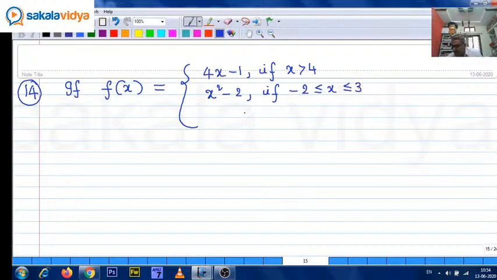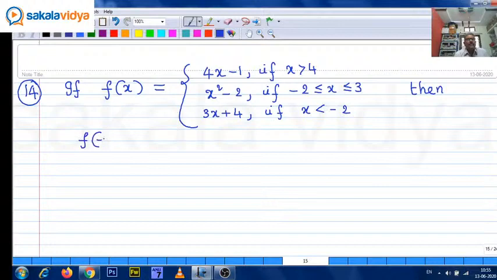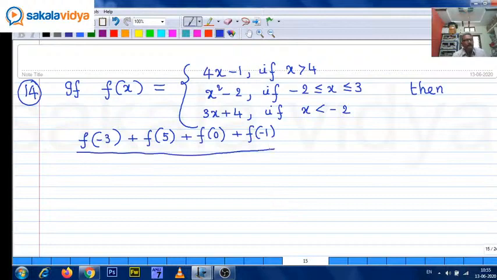These kinds of problems are very important even for board examinations. 3x plus 4 if x less than minus 2, then f of minus 3 plus f of 5 plus f of 0 plus f of minus 1, upon f of minus 2 plus f of 1 plus f of minus 5 plus f of 3 equals to